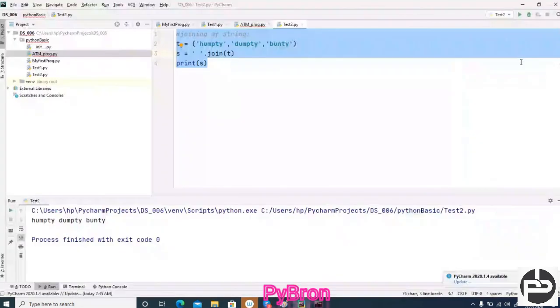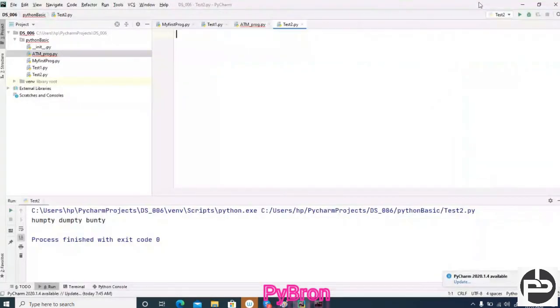Any doubt, please ask. I really welcome all questions. Now, changing the case. Suppose we have some string, s = 'learning Python is very easy', and you want to convert this complete string into capital letters or small letters.